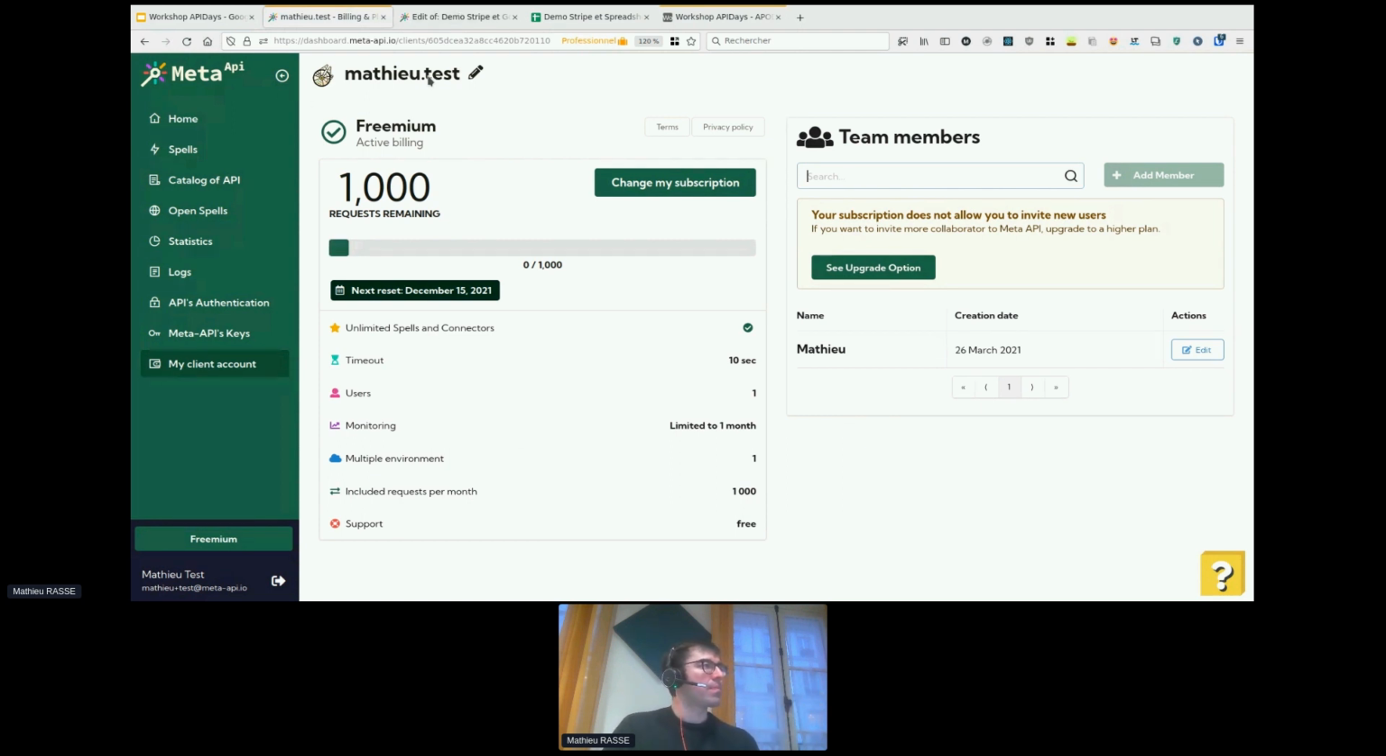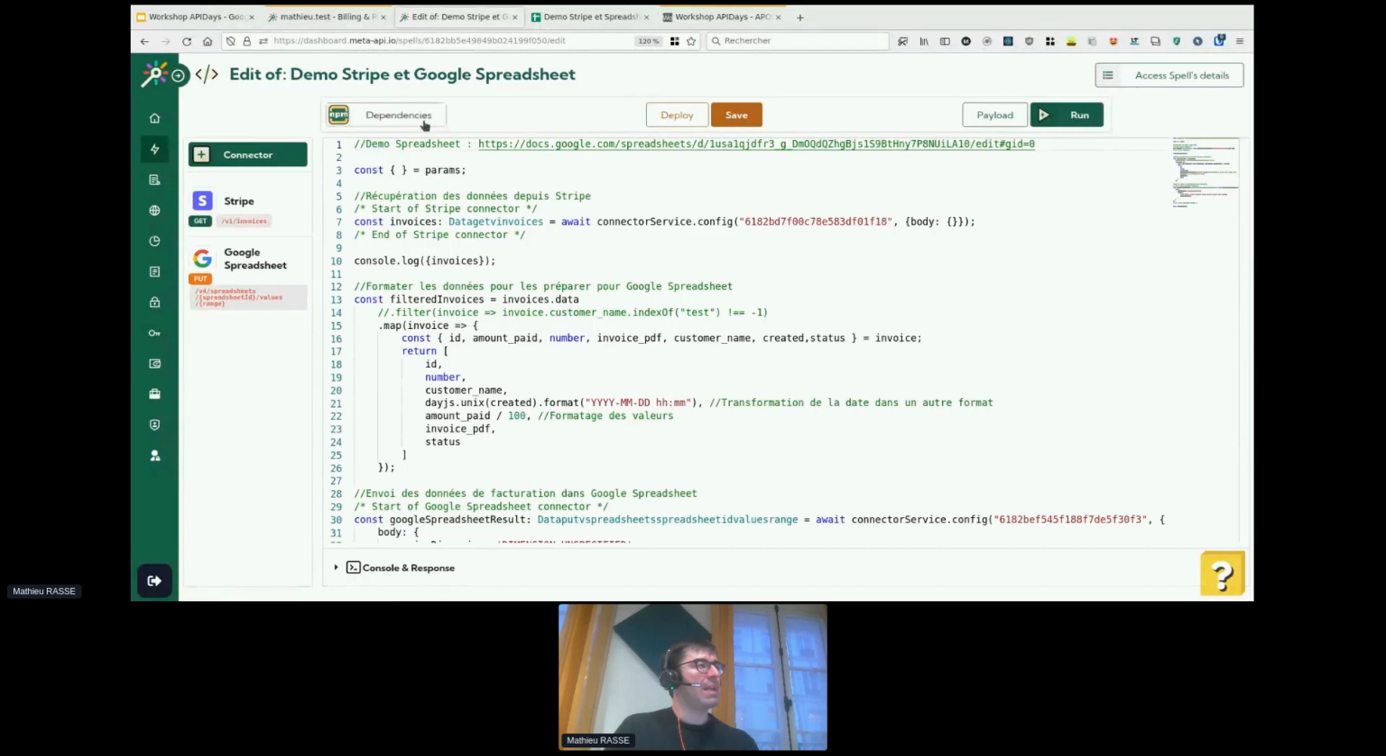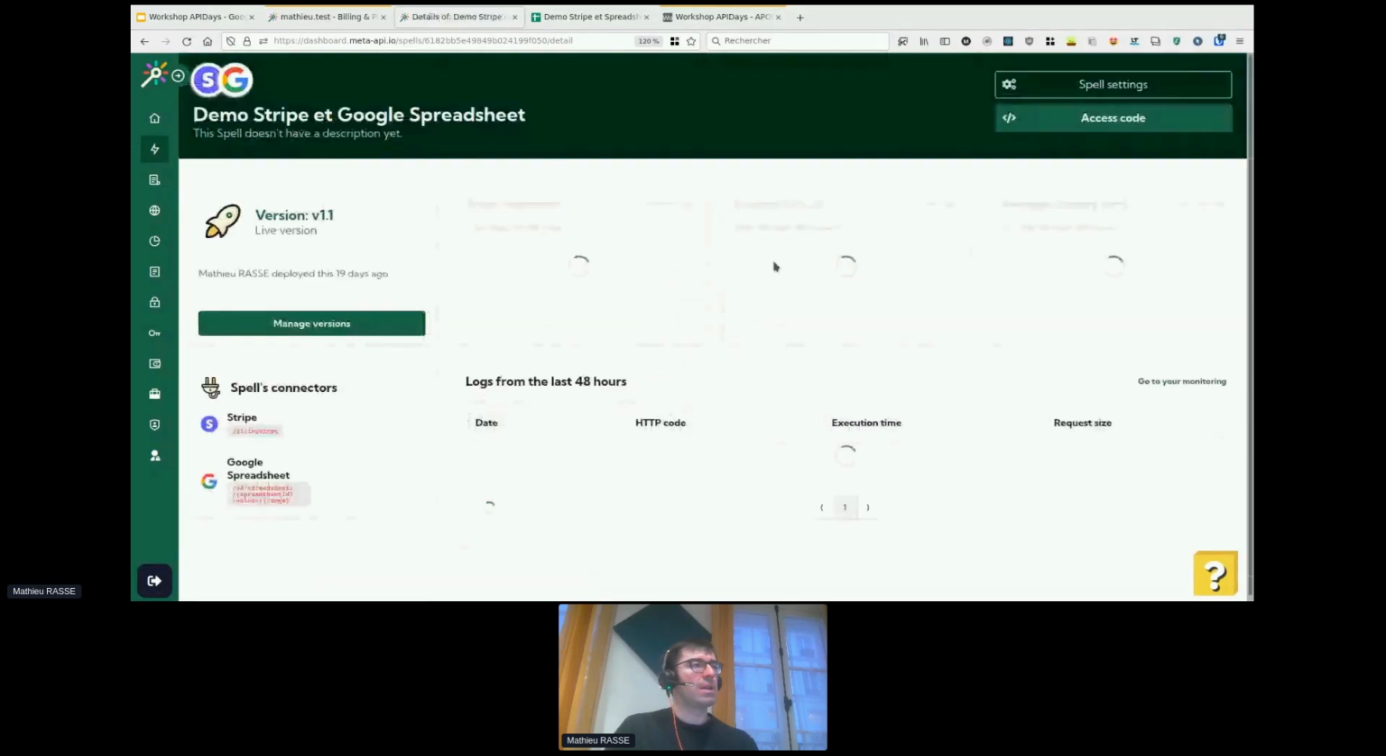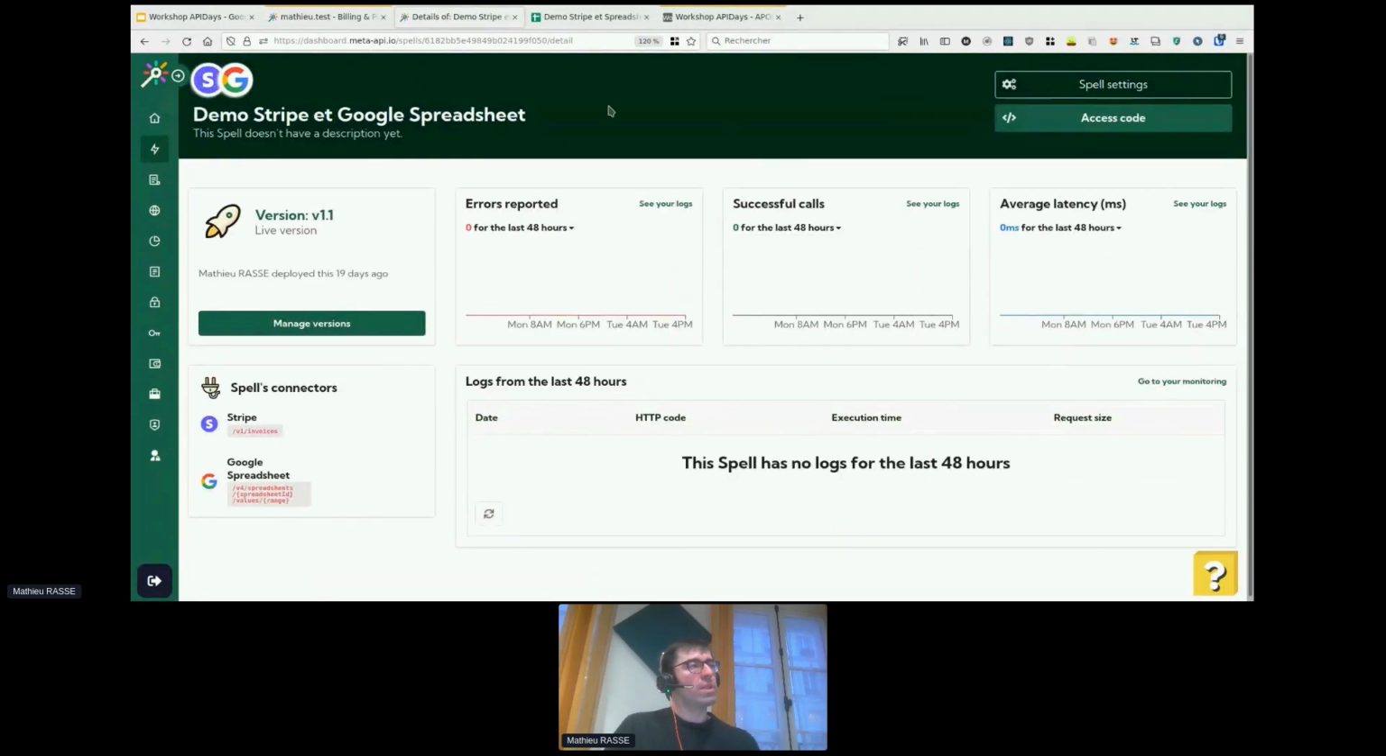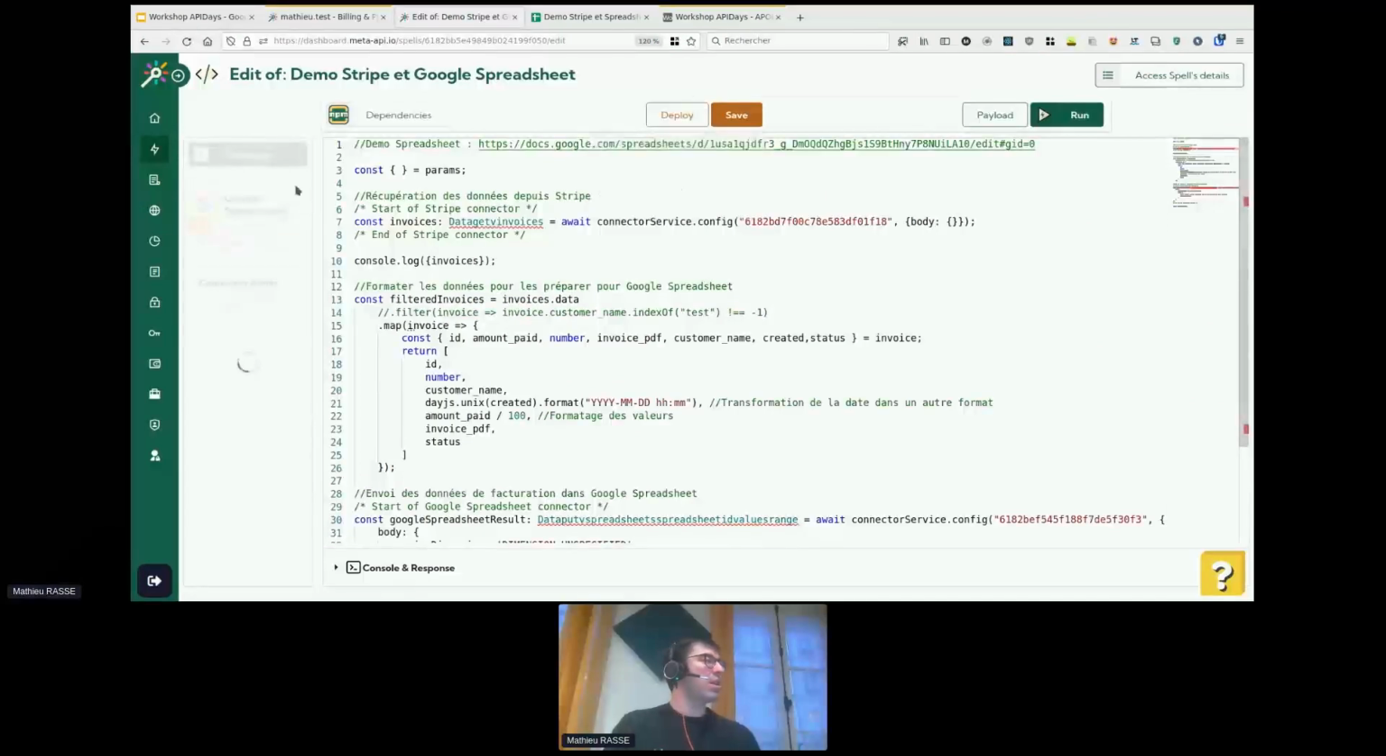So to show you what a spell looks like, when you go to a spell, you will find this interface. You will see what the current version online is, and once it's on production, you will find all your logs and monitoring, like whether you encounter any errors, all your codes, etc. I will access the code, and then